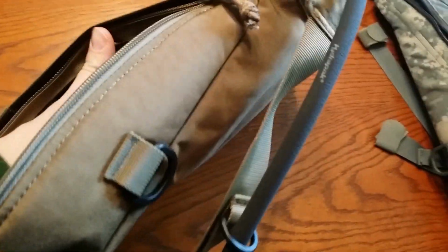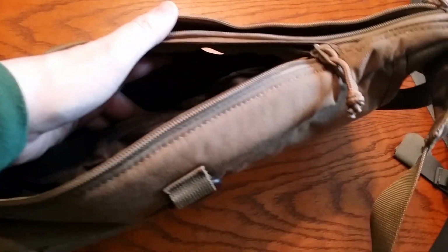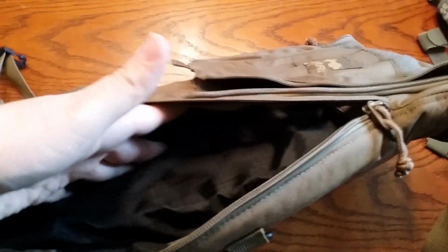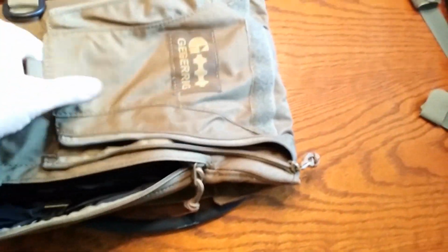Like I said, the main thing I wanted to show was the size of the pack and the things that you can get in it and about how much storage you can get. There's no cubic inch rating on it, so I don't have that, but like I said, you could get a day's worth of stuff in there besides your water. Now this one's the 70-ounce water